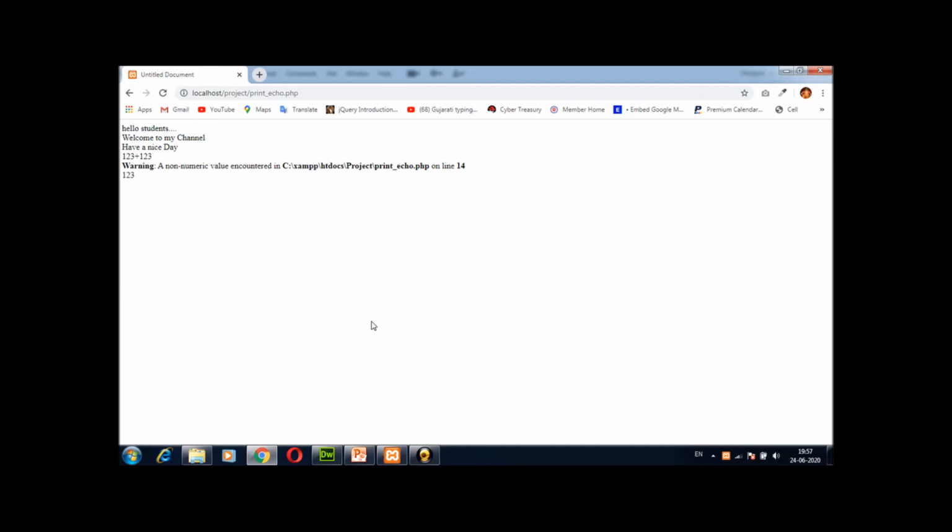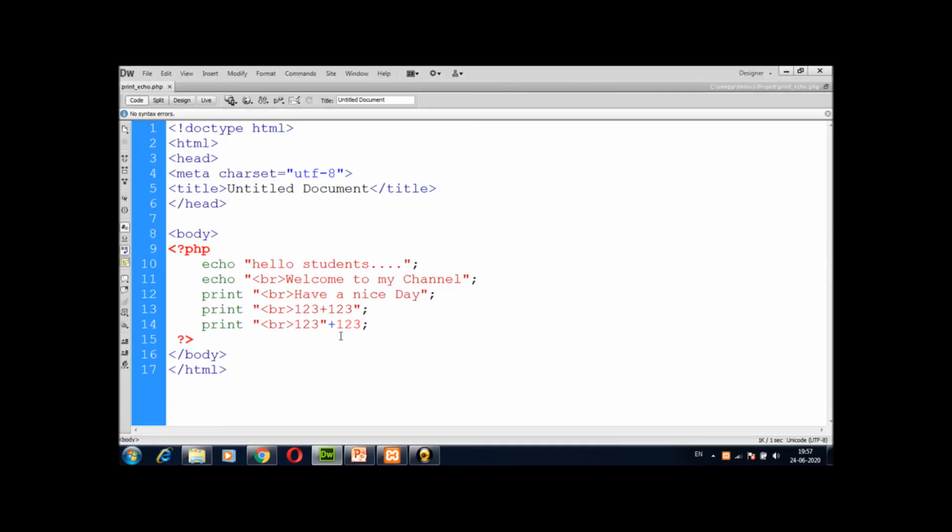There is a warning on line number 14, because I am going to use this string message with addition to the number 1 2 3. Why is this a string? Because I am going to use a break statement here, and whenever you use a number with any special character or any HTML tag or any operator with a double quote sign, it will be considered as a string. That means this is considered as a string.